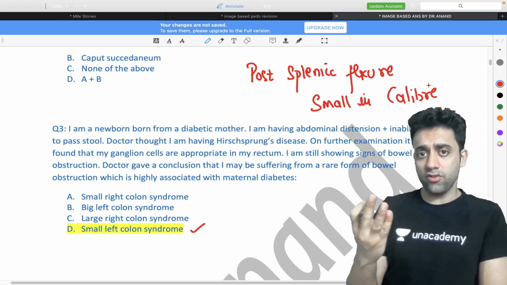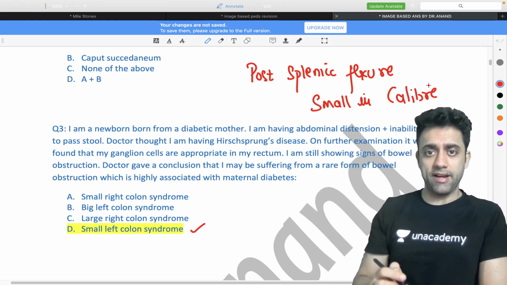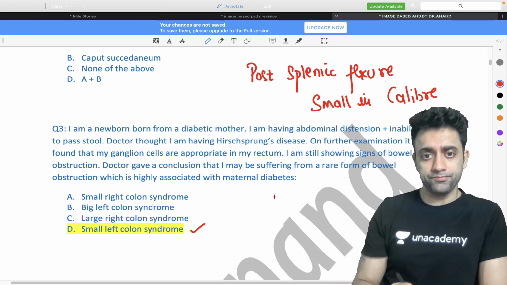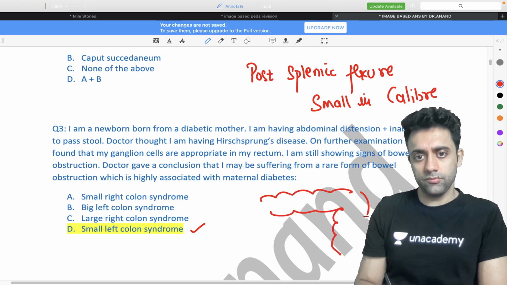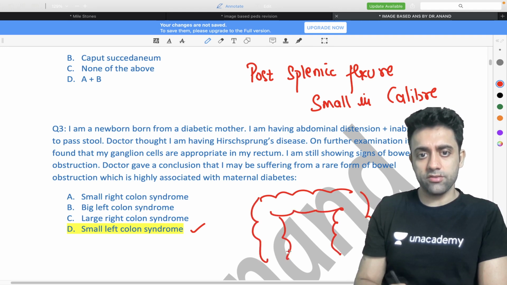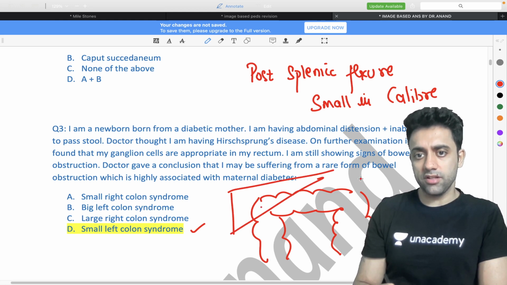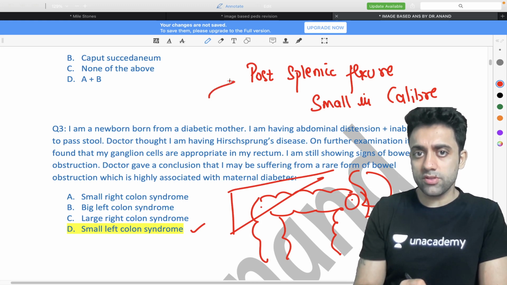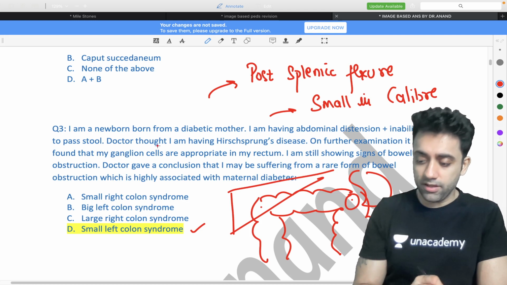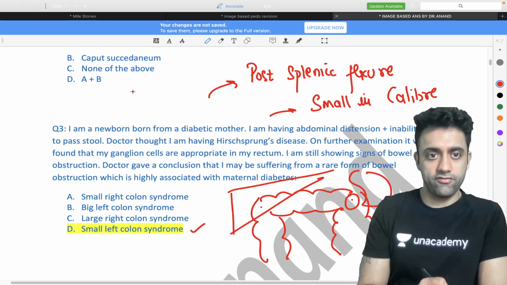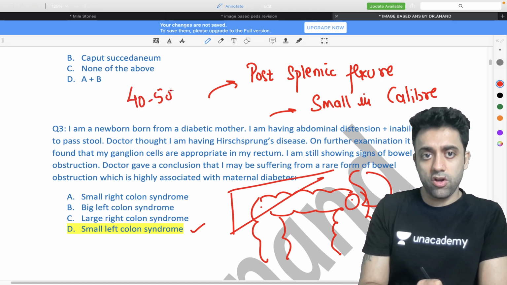The right colon and left colon, you have the splenic flexure and hepatic flexure. Do you remember this? Okay, I'll draw it for you. This is our large intestine. Here we have the liver, so this is the hepatic flexure, and there we have the spleen. So this one is the splenic flexure, right? So the post splenic flexure is very small in caliber, and 40 to 50%